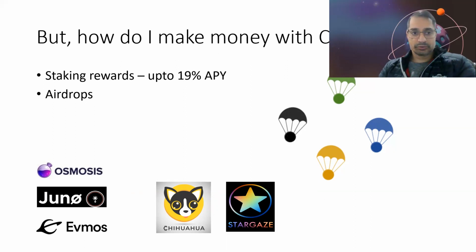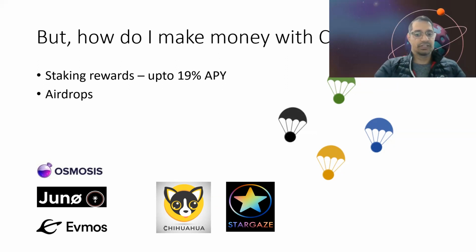That's the way you make more crypto. And also a trend actually started with Cosmos when Osmosis and Juno projects decided to airdrop their tokens to the Cosmos stakers. That trend followed, and a number of projects airdropped tokens to Cosmos stakers. These were big airdrops, Osmosis and Juno network. And then recently there has been an Evmos airdrop as well, which is also very nice.